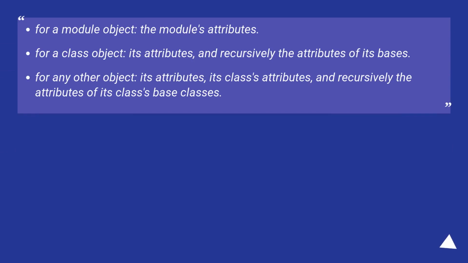For a module object, the module's attributes. For a class object, its attributes, and recursively the attributes of its bases. For any other object, its attributes, its class's attributes, and recursively the attributes of its class's base classes. For example,